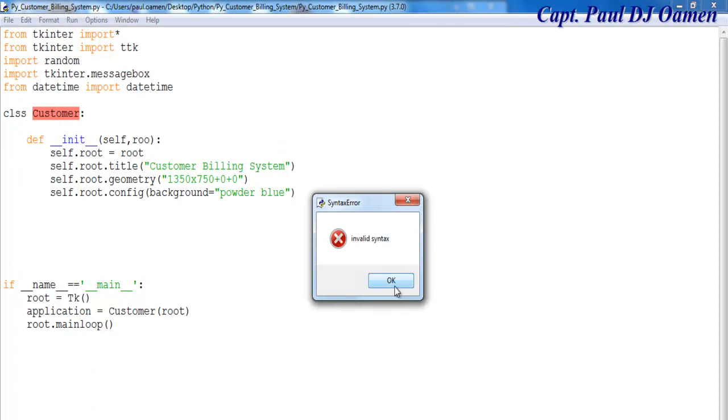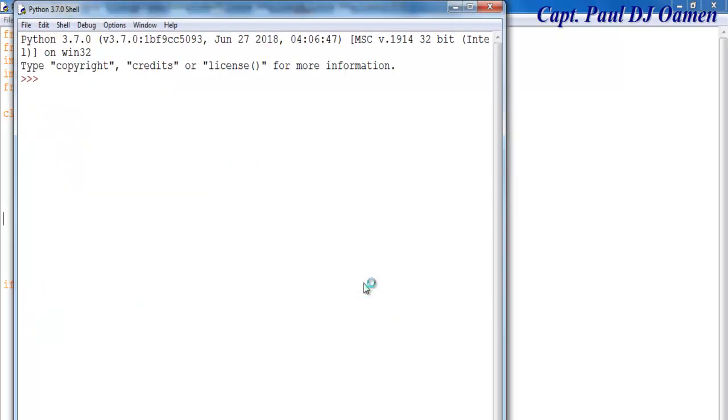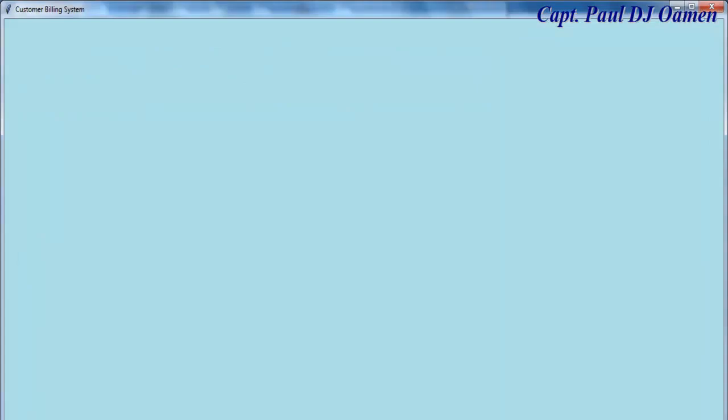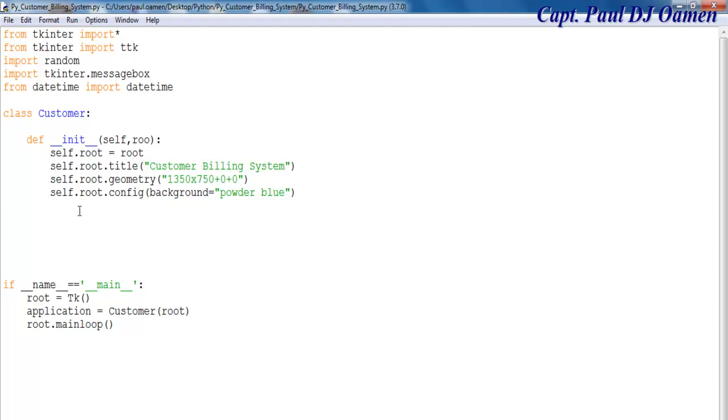We do have an error there. Let's see why. See the spelling of my class. Okay, so that's where the error is. Let's correct that. There we go. So let's run it again. And there we go, just a big blue interface. So close that. Now the next thing I want to do is to define my